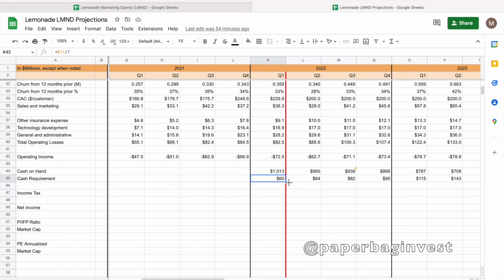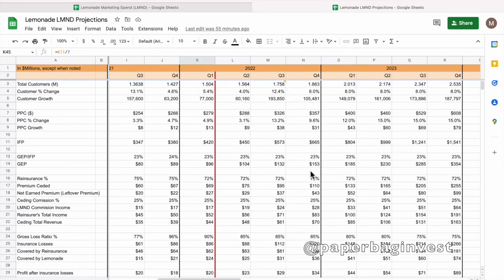So very, very healthy. No risk of even getting close to that number at this point in time. But obviously, we'll see as we go forward how that could play out. And then as we get into some later years, I'm also going to look at two different ways we could look at what the market cap or valuation of Lemonade could be. So now I'm going to look left to right from here to 2030, through each of these sections, and that will walk us through the entirety of the spreadsheet.